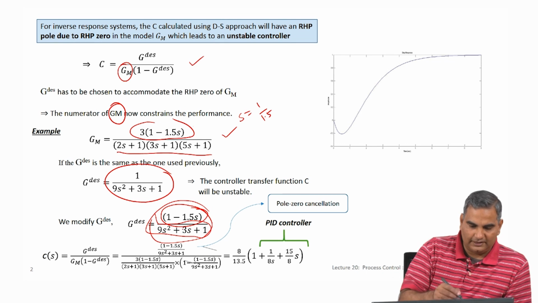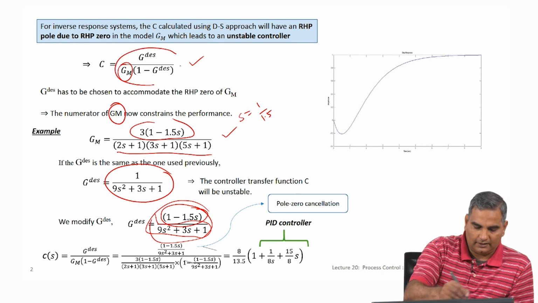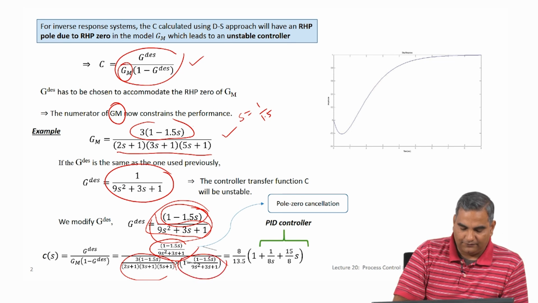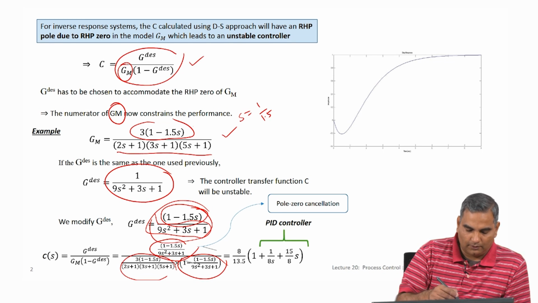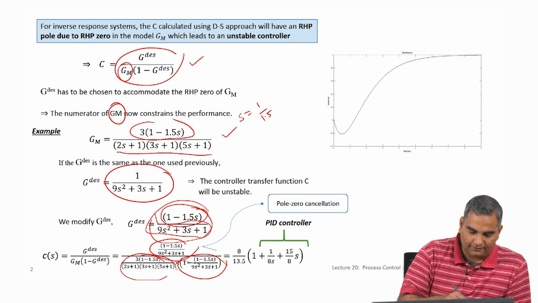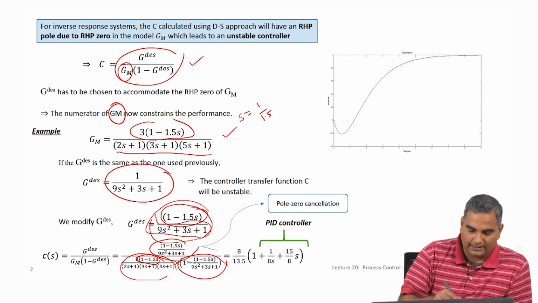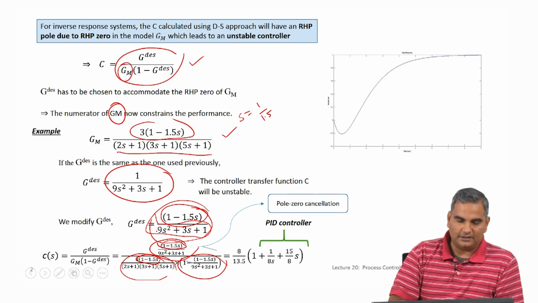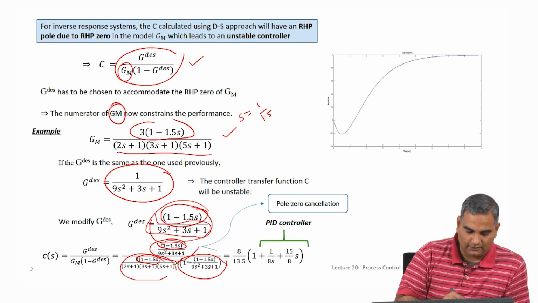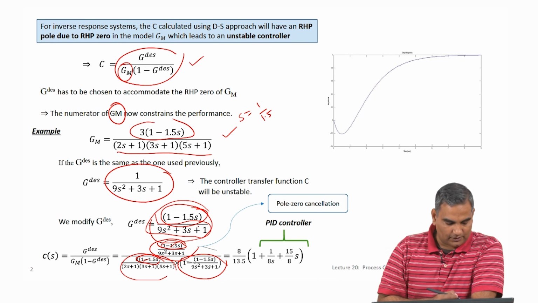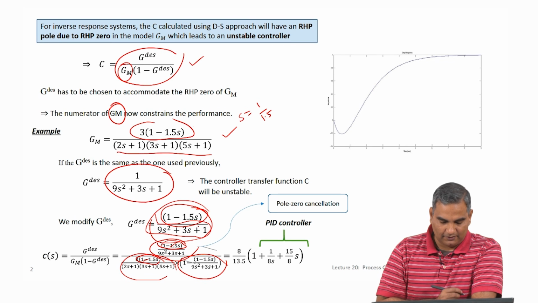So, now with this G desired I go back to this same equation here and then put this here. So, this is my G desired, this is my GM, and this is my 1 minus G desired. Now, if I do the algebra, the key thing that you want to notice here is that because this 1 over GM gets me this right half plane 0 in the transfer function to become a pole, that pole is going to be cancelled by the 0 that I have introduced in the G desired, because G desired is in the numerator. So, this and this will get cancelled, and that is how we get rid of this problem of instability of the controller when we introduce this inverse response behavior in G desired.